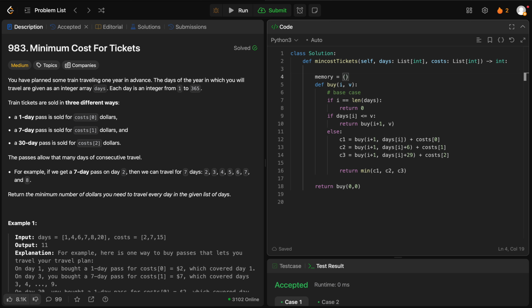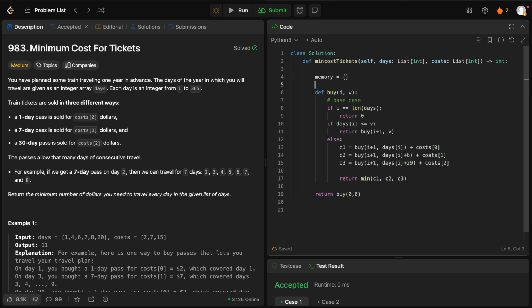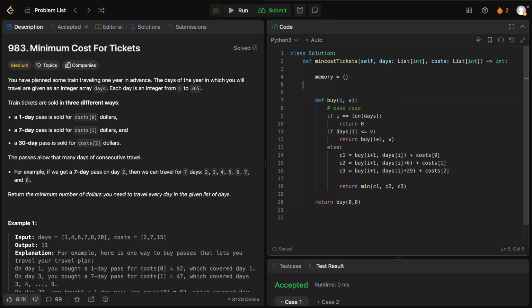Memory will be a dictionary, and so how are we going to do it? We will have to check for a day and a validity what is the best for the index and validity. Okay, so return buy